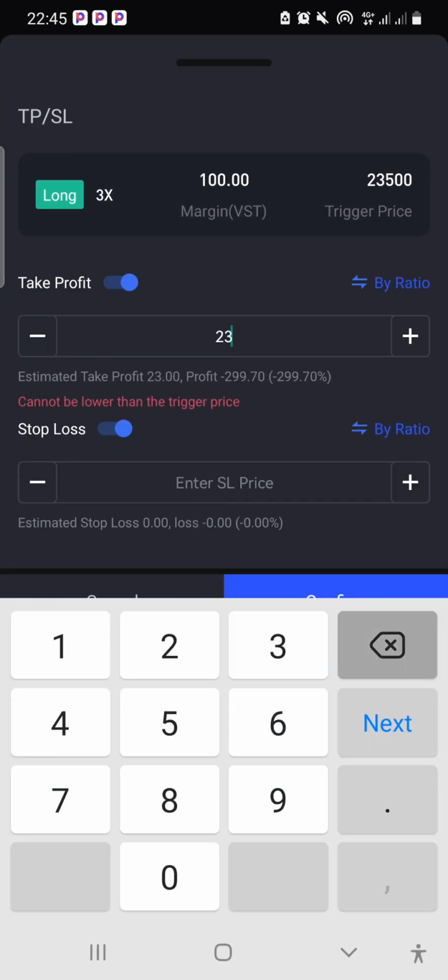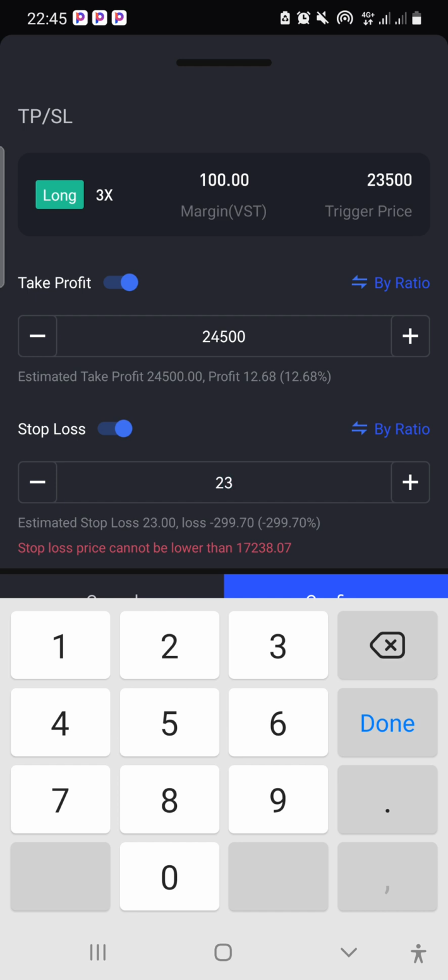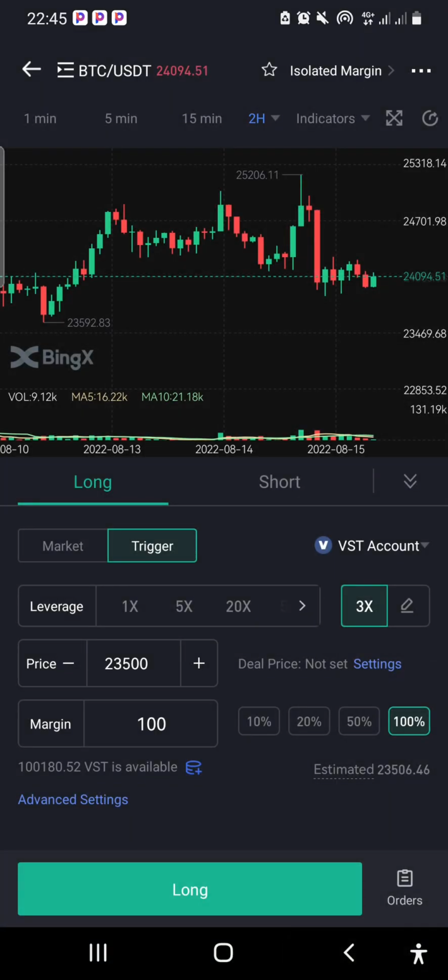Let's say our take profit is at maybe 24,500, and then the stop loss is at 23,320. So this is 2.37 for a 3x leverage. That is 2.37% of my account. Okay, if I should use 4x